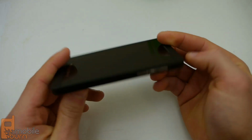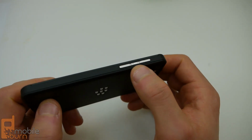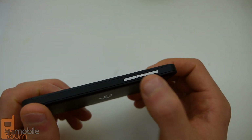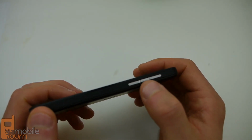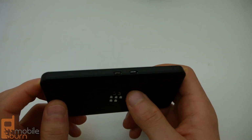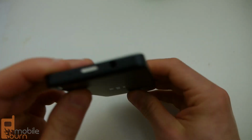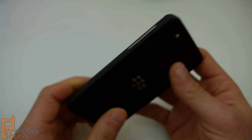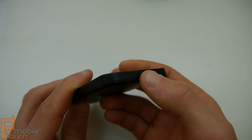Now, looking at the device, starting off on the right hand side, you get presented with the volume rocker, and in between the volume rocker is the actual voice command button. So if you long press the voice command button, it opens a Siri-esque type feature, and also pauses music during playback. The other side has a micro USB charging port as well as a micro HDMI out. The top of the device has the power button, the 3.5mm headphone jack, and the microphone. And the bottom of the device is clear apart from the tab to pull off the back cover to reveal